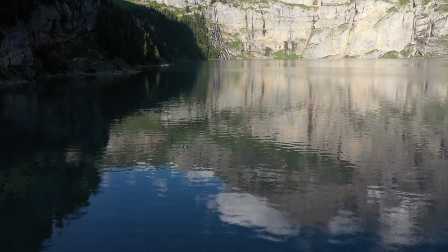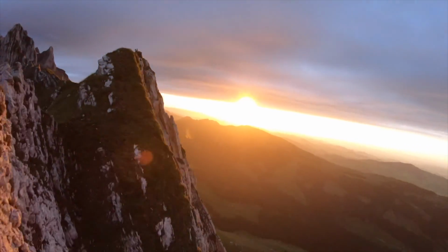I've stayed in one in France, I've stayed in one in Austria, and you basically just have to look for mountain huts around the towns that you're wanting to stay. It requires a little bit of preparation because you need to actually find them, but it's actually a really good hack if you're willing to hike a little bit to find cheap accommodation in some of the most beautiful spots in the world. So the gondola to the base of the hike was $31, and then it cost $45 a person to stay at the hut. And the sunset was...